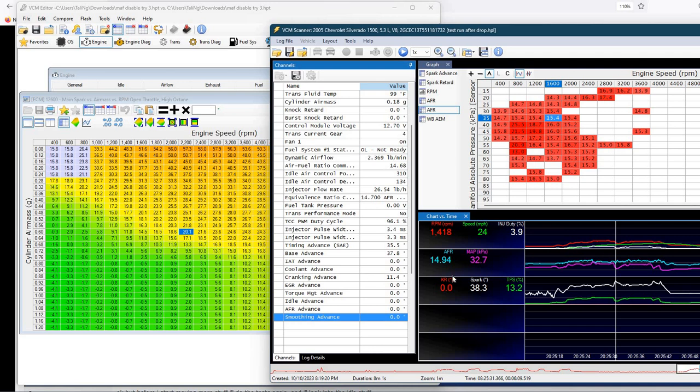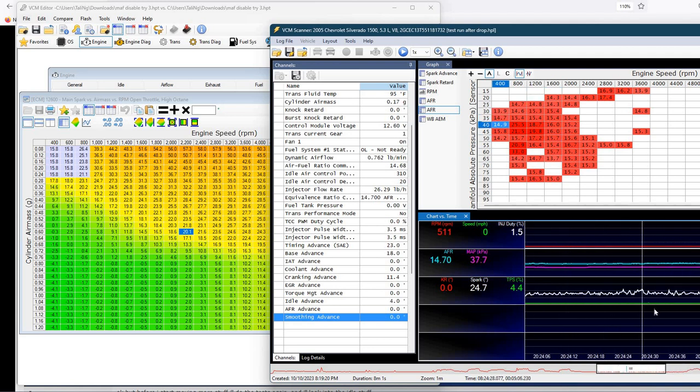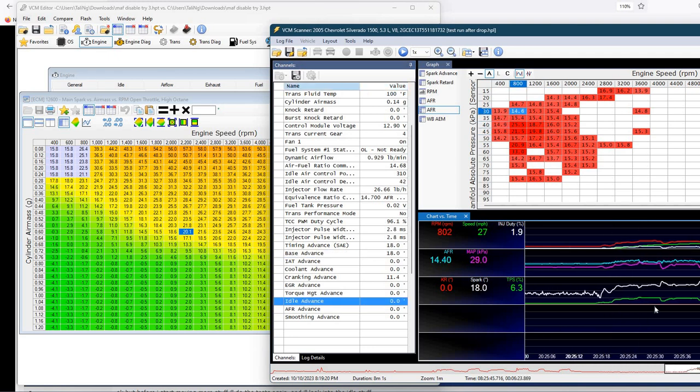What could it be? There has to be something, because you have to figure out where the timing changes are coming from. See, the base is 18 and it's jumping all over here. That's just the idle advance. Your idle advance is crazy. See what it does once you fix that idle table. Anyway, I'm going to upload